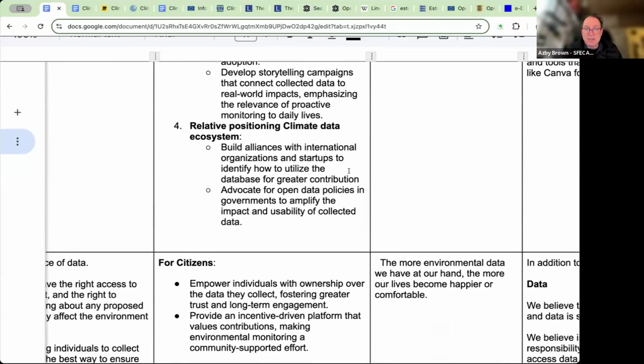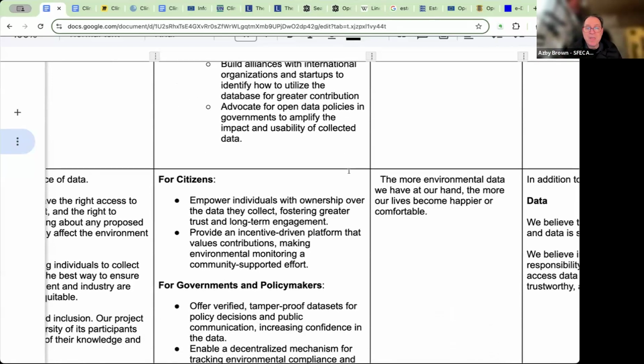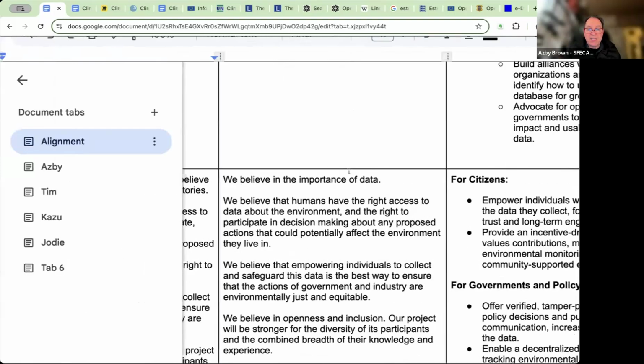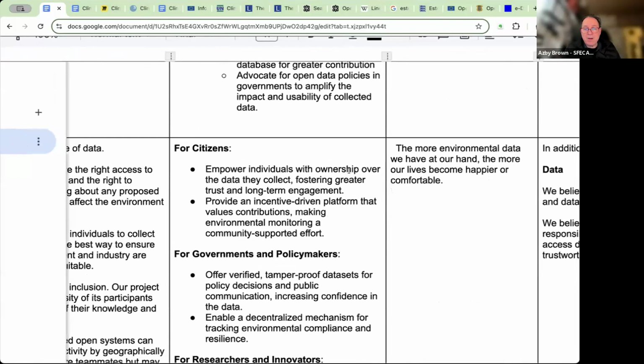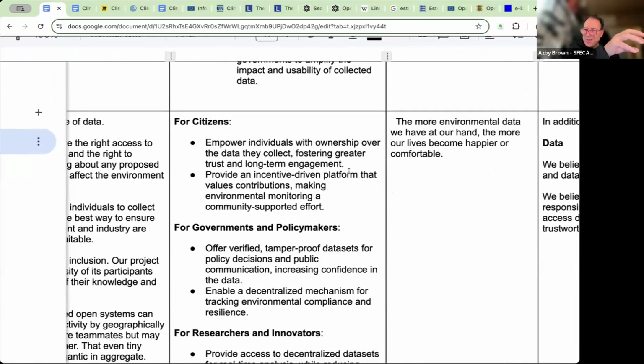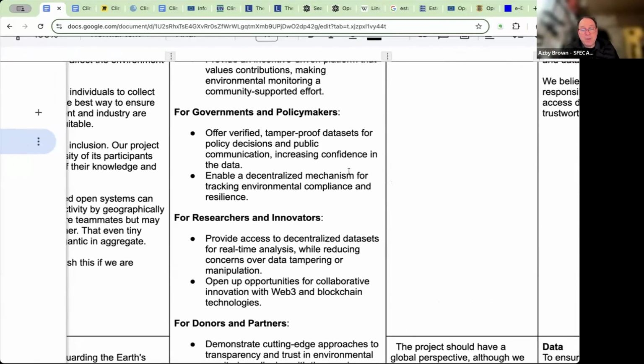Four, relative positioning in the climate data ecosystem. Build alliances with international organizations and startups to identify how to utilize the database for greater contribution. Advocate for open data policies in governments to amplify the impact and usability of collected data. Great. Then value statement. We believe for citizens, empower... actually, maybe he's not tracking totally with those subject headings, but anyway: empowering individuals with ownership over the data they collect, fostering greater trust and long-term engagement, provide an incentive-driven platform that values contributions, making environmental monitoring a community-supported effort. For governments and policymakers,